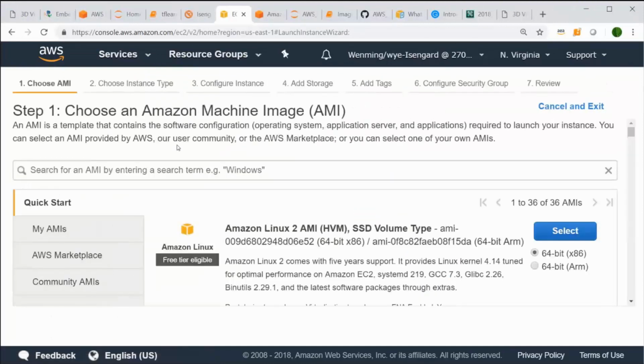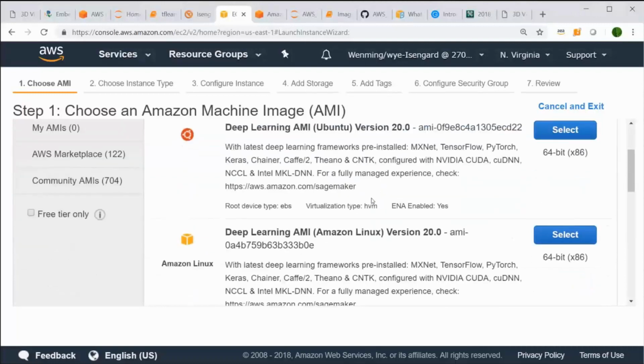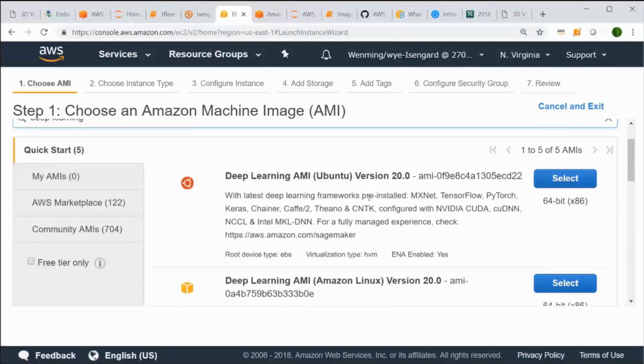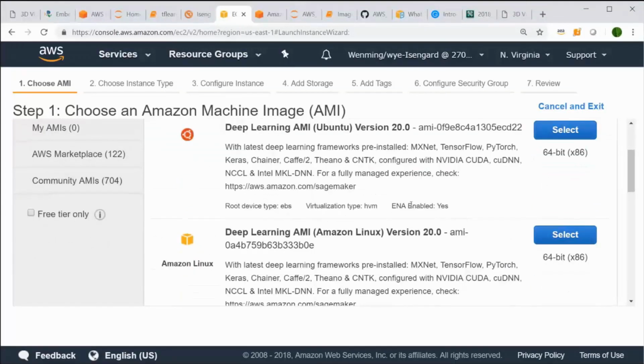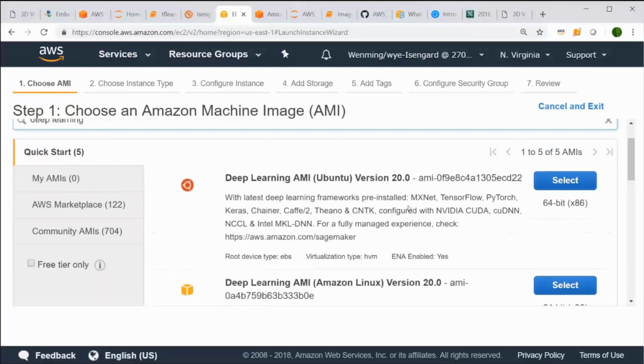We also have deep learning AMIs. So you would want to pick deep learning. You can simply type deep learning in the search box, and you'll be able to find the latest deep learning AMI, Amazon Machine Image. I would recommend using the Ubuntu Deep Learning AMI, and we update them very frequently. They also contain the latest drivers for Intel as well as the NVIDIA GPUs.